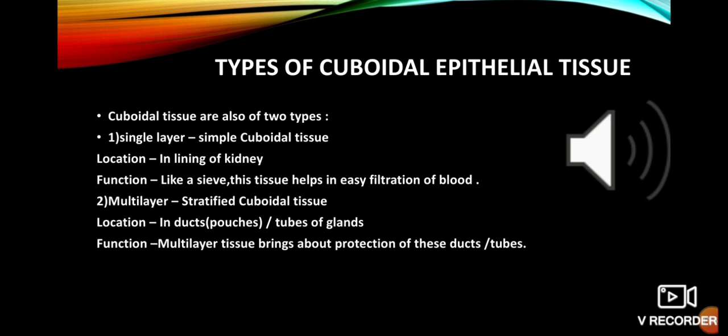Now you know that kidney is mainly concerned with the filtration of blood. It removes the waste products from the body and it provides the body with the pure blood. It filters the blood. So this tissue mainly has a property of sieve. What the sieve does? It helps in filtration of things to remove the waste product out. So it plays the same role.